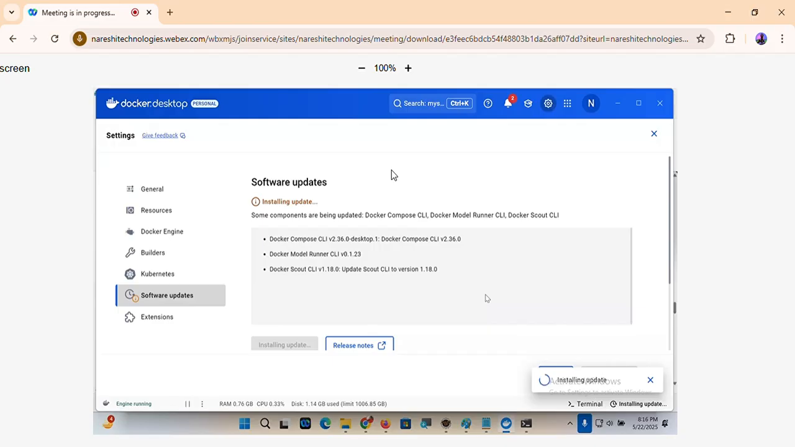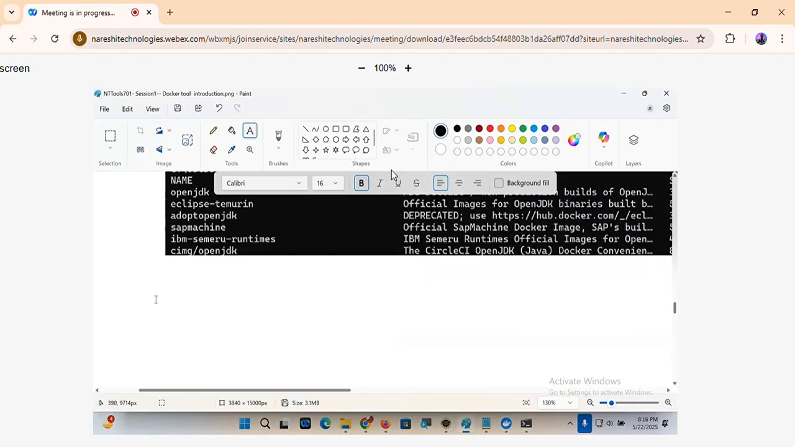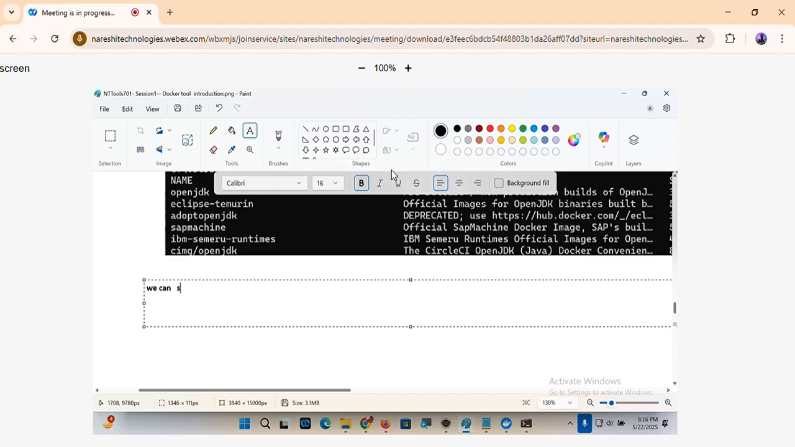Okay, just now it has been installed, but it's saying that something can be updated. Fine, boss. We can search for the ready-made Docker images. The ready-made Docker images, either in Docker